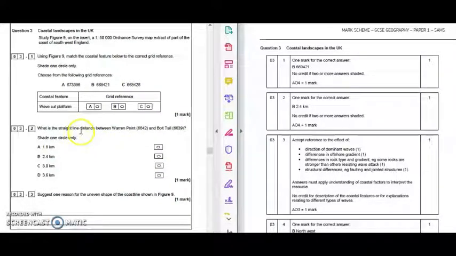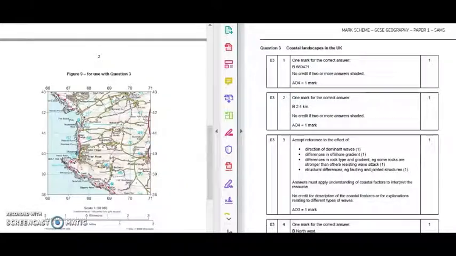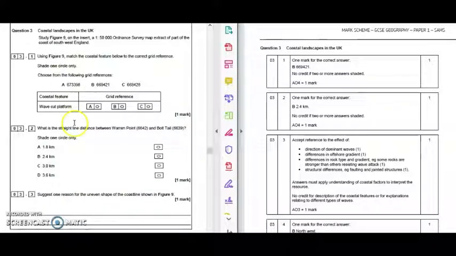3.2. What is the straight line distance between Warren Point and Bolt Tail? We've got one of those 4 options to choose from. So Warren Point, which is this bit here, and then the straight line distance to Bolt Tail there. So you'll measure that distance, and then you've got your scale bar at the bottom, so you can measure it against that, and the answer comes out as B,